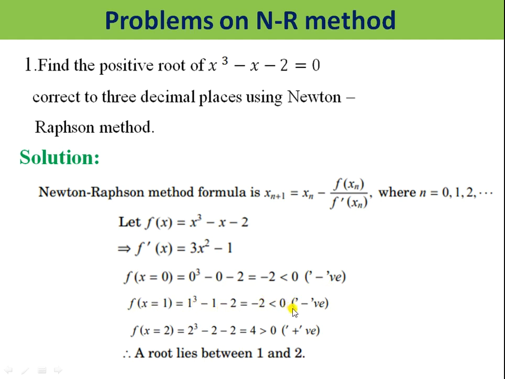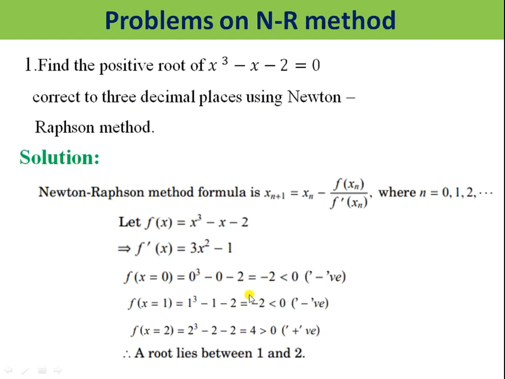So the procedure for getting the root is that the signs must be opposite. While replacing 0, I get negative. While replacing 1, again I get negative. These two are not opposite; we are getting the same sign. Therefore, I would like to move to x is equal to 2. So here we get 2 cube minus 2 minus 2. Simplifying this, 2 cube is 8, 8 minus 4 becomes plus 4. So we are getting a positive value. Therefore, the problem may have the root between 1 and 2, because these 1 and 2 have opposite signs.